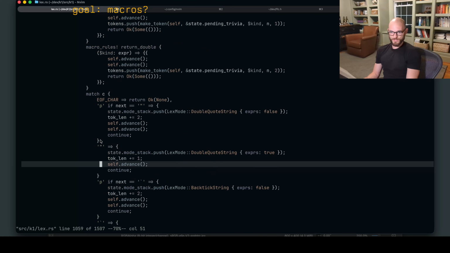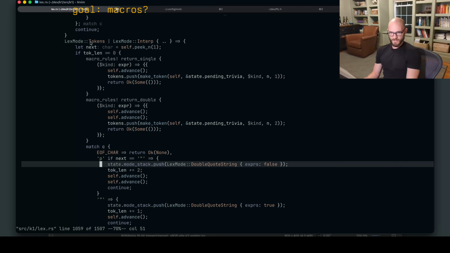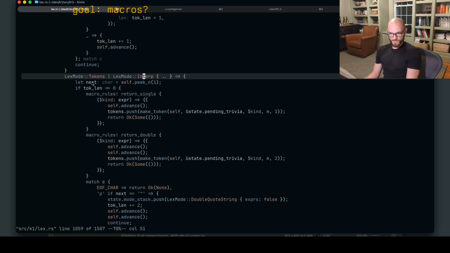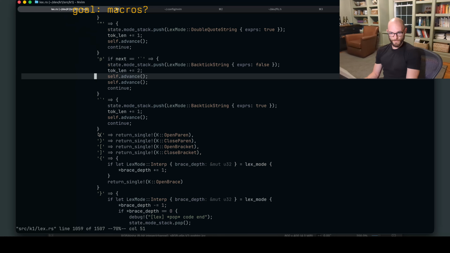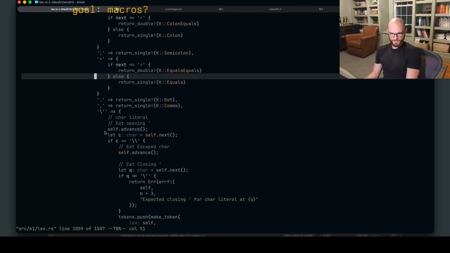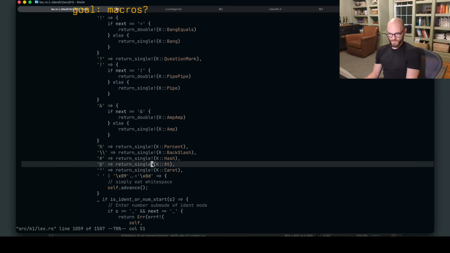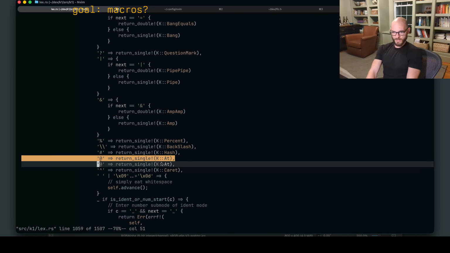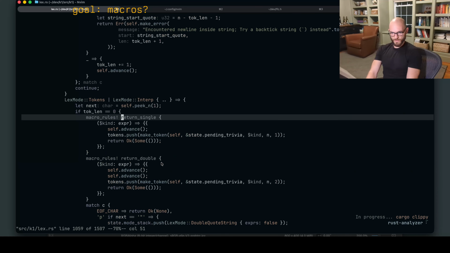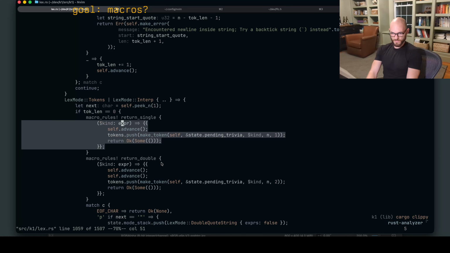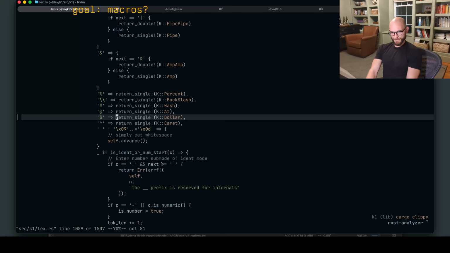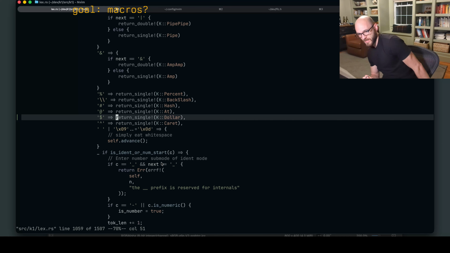If we encounter this in token mode, so the only context you need is that we're not in a string, like if normal, at sign, return single, token kind at. It just doesn't get any better than that. The macro is just a little helper. Okay.